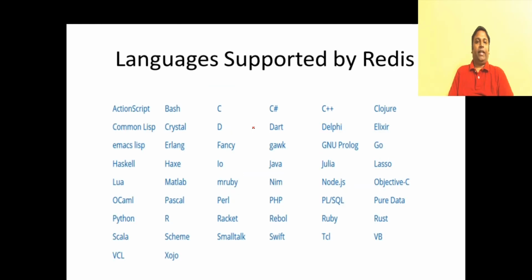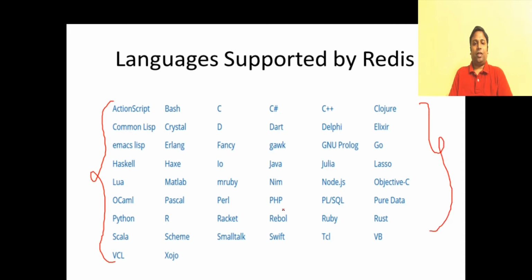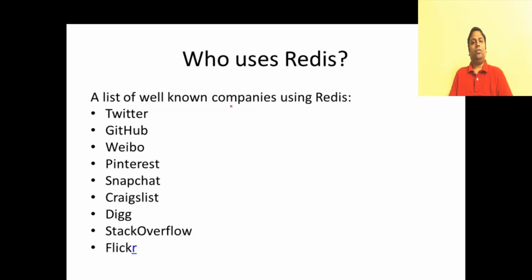Is that clear? Again, Redis supports a lot of languages, as you can see here, from C, C++, Java, to PHP. So you're going to code applications in one of these languages, and you can very well use Redis as a cache or as your database management system. I also explored who the clients for Redis are, and I was able to see some famous names here: Twitter, GitHub, Stack Overflow, Snapchat. So we have a lot of big names using the Redis database.